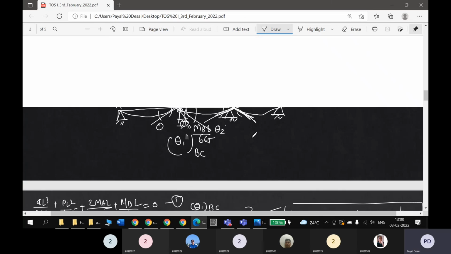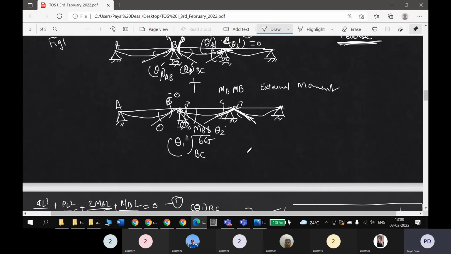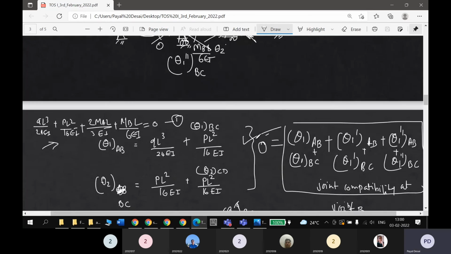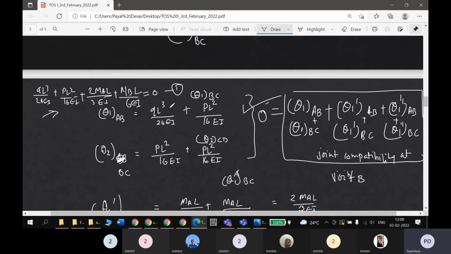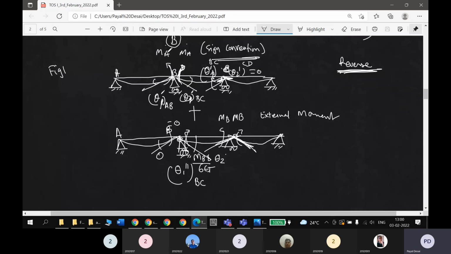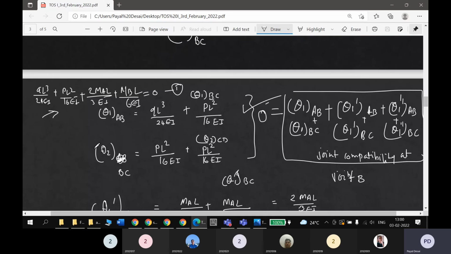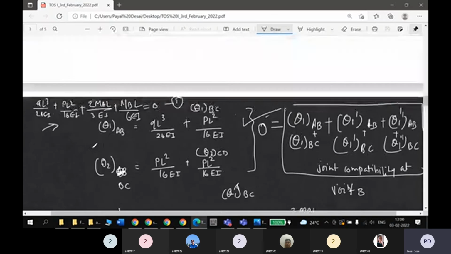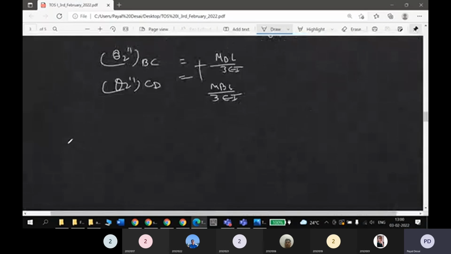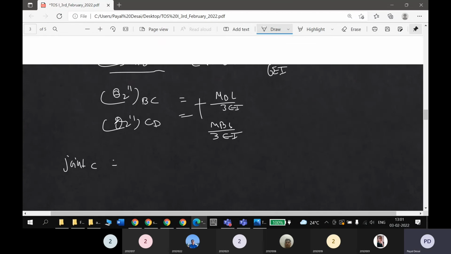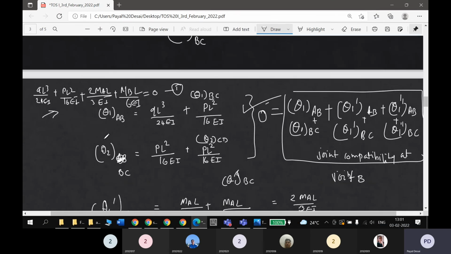You draw the diagram properly again so that it is more clear. There should not be any confusion. In addition, जब आप ऐड करते हो आपको जॉइंट बी पे जितने रोटेशन हमने कैलकुलेट किए वो सारे ऐड करना है. Okay, now second compatibility equation at joint C is, I will complete this after writing, and then you know the next procedure, right? Tomorrow we can recap little bit and then we can start a new topic, but I'll recap this little bit